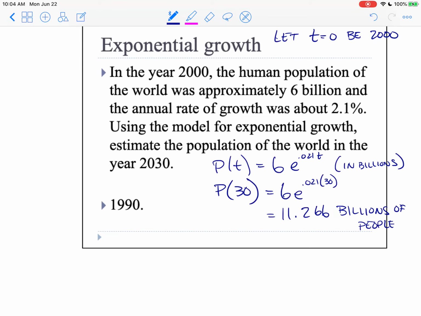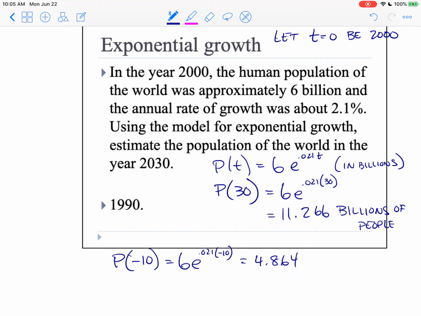And so what would I plug in for t for the year 1990 if the year 2000 was t equals 0? I would plug in -10. And so I would do 6e to the 0.021 times -10. Now I'm going to give you a pro tip here on your calculator. You can just hit second enter, and it will bring up the last thing you typed in to your calculator. So I'm just going to go up into that exponent now and change that 30 that I had in the exponent to a -10, and I don't have to type in everything else. And that gives me